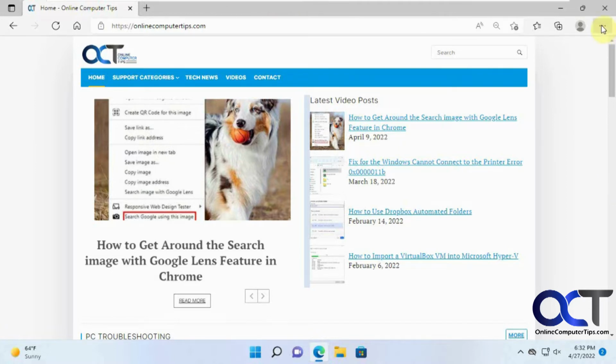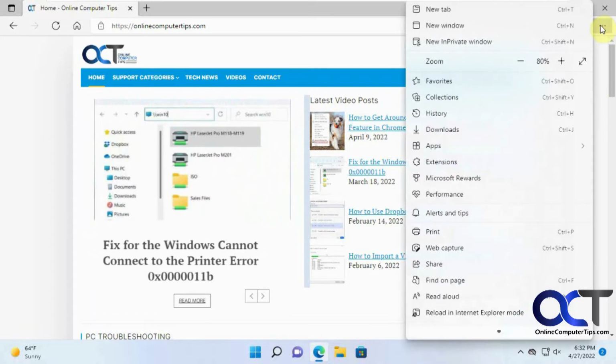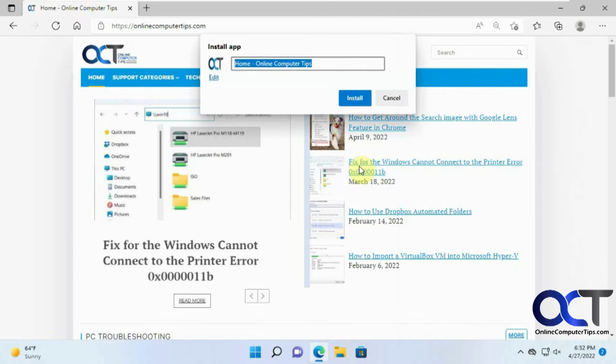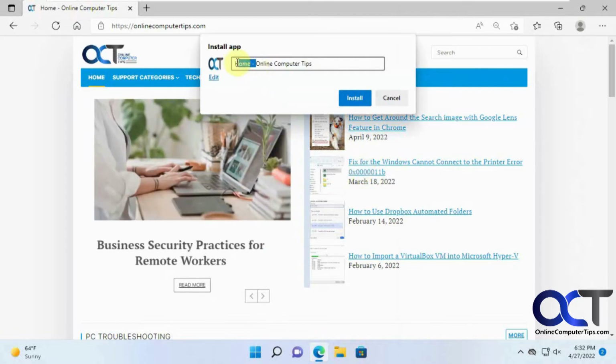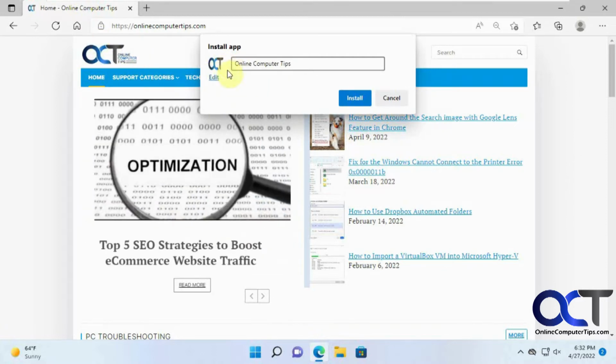To do so, you go up to your ellipsis, three dots here, go to Apps, and then you want to install this site as an app, and then you could give it a name. We'll just take off the home there. And if you have a different icon file you want to use besides the default one that's used with the site, you could click on Edit. And then once you click on Install,